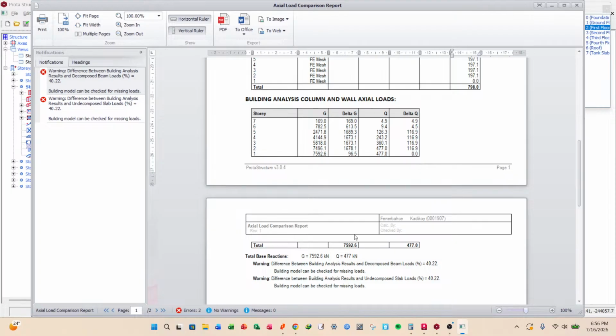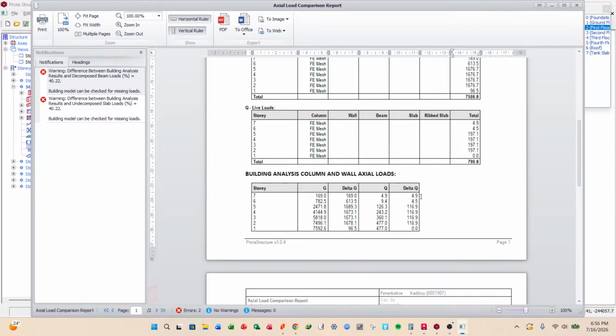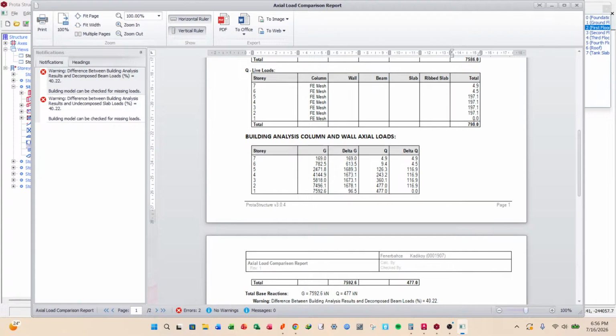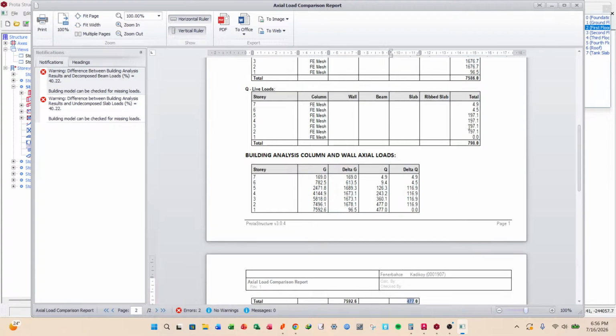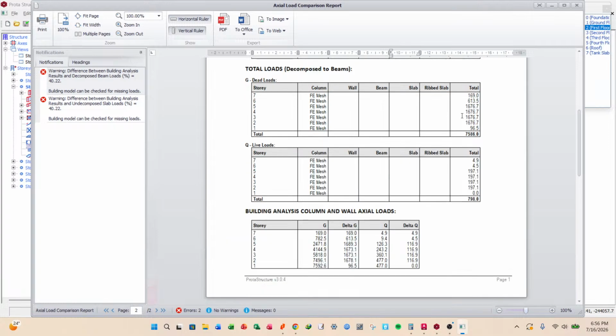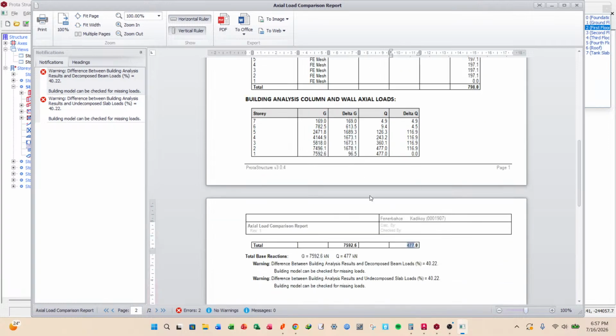You can see the total dead load 7592 and the total live load 477. So meaning the building analysis did not capture all the loads. So instead of capturing 798, it captured 477. All right, that is with the live loads. Then with the dead load, we're having a bigger value here compared to the